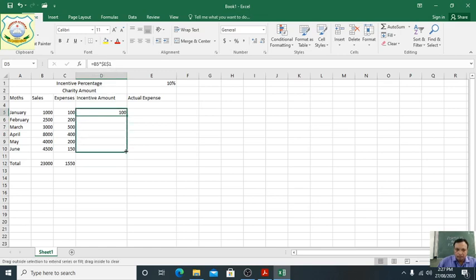Now I am dragging here. Look here, what you can see, students, B5, $E, $1. Next one is B6. B6 has changed from B5 to B6, but $E, $1 is the same, not changed. B7, $E, $1 the same. Okay, it means when we use the dollar sign, that address will not change, but when we do not use the dollar sign, that address will change. Here you can see B8, B5 is the relative reference, but $E, $1 is an absolute reference. Clear, students?